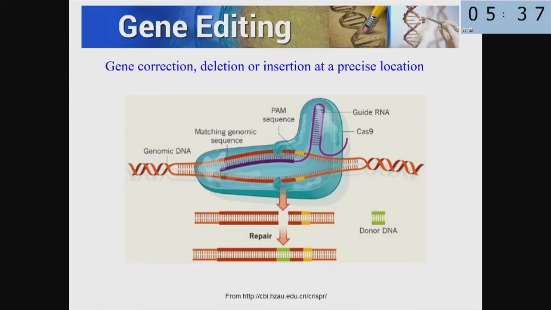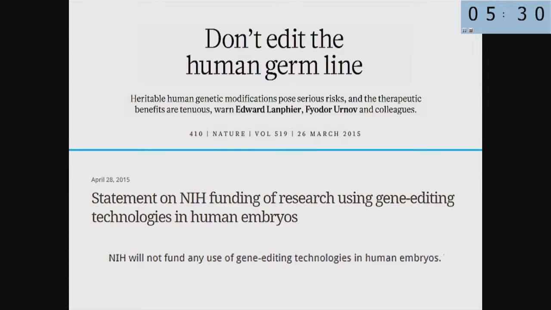A voluntary moratorium as an effective way to discourage human germline modification has been supported by several scientists. For example, Edward Lanphier and 4 colleagues have argued that heritable human genetic modifications pose serious risks and the therapeutic benefits are tenuous. The NIH, for its part, has announced that although it will continue to support a wide range of innovations in biomedical research, it will not fund any use of gene editing technologies in human embryos. However,